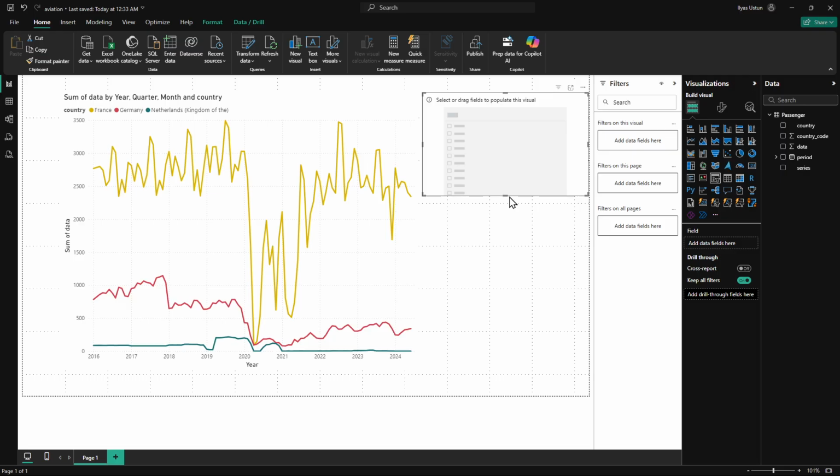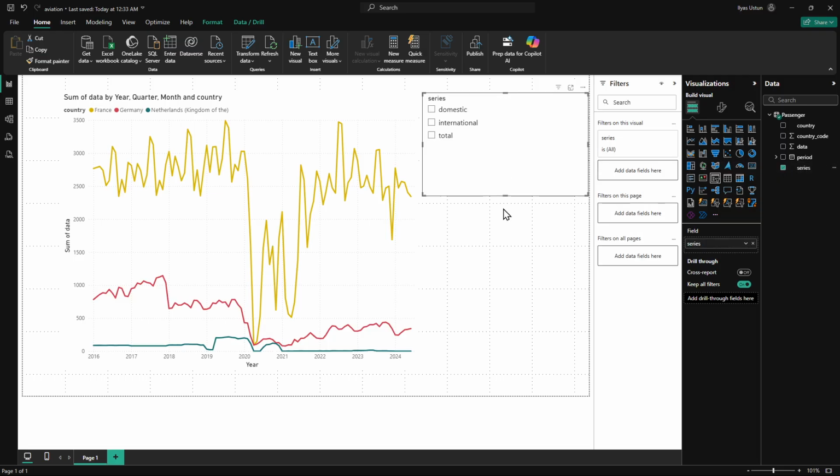Now, what is this? It's basically filtering. So we can put any kind of filtering here as well, just like we were using it there. We can put it here and use it the same way. So let's put series here, for example, right? So now you see when I click domestic,